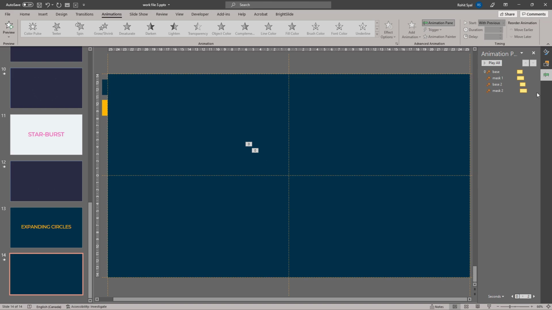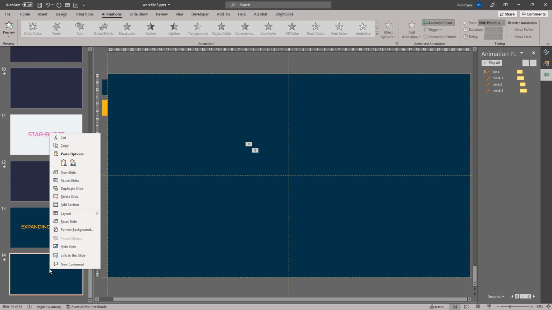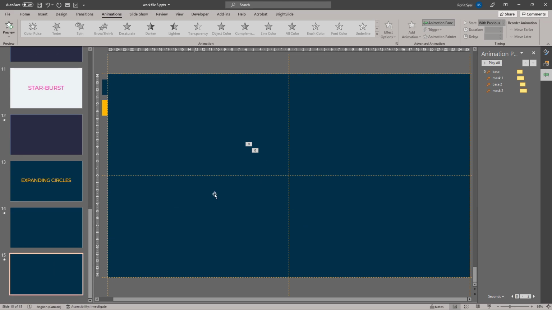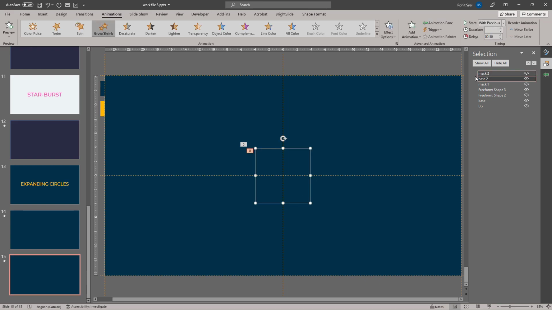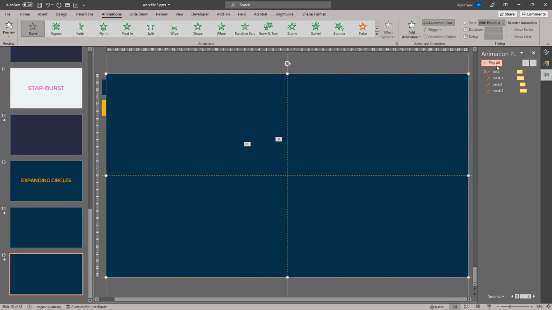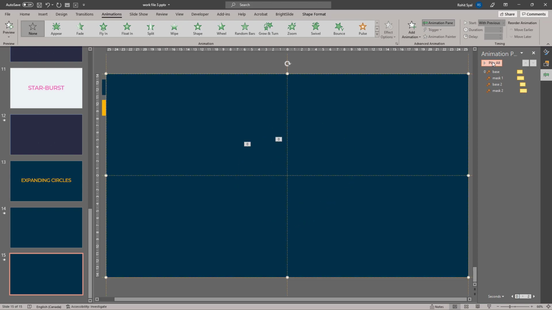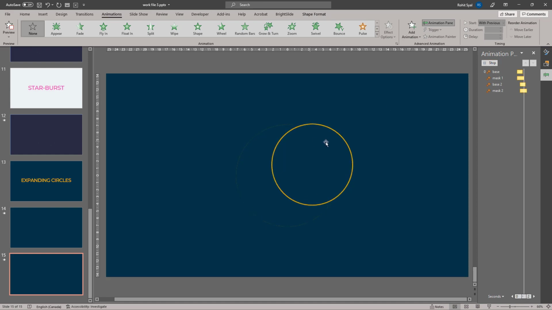But what if you want to create these circles overlapping instead of being centrally aligned? So let me duplicate this slide that we've just created. Let me select base 2 and mask 2 and move them over to the corner. So they overlap the previous one. Let's bring the background back and let's play it. Now, immediately we see that there's a problem that when the first circle appears, it's already overshadowed by the existing ones.